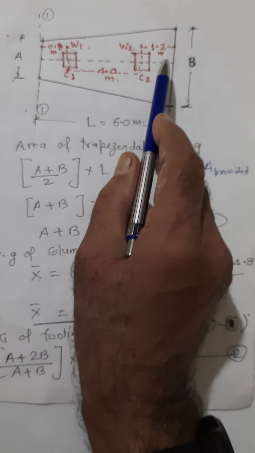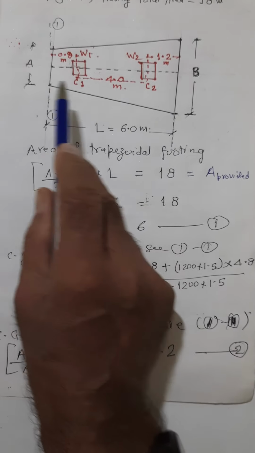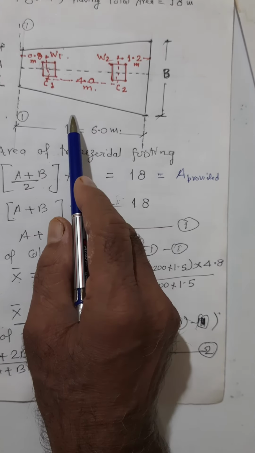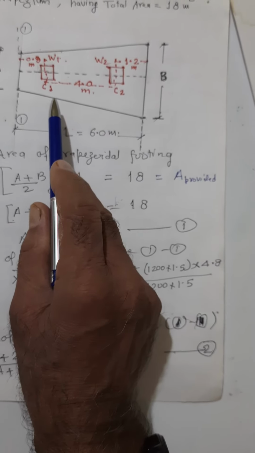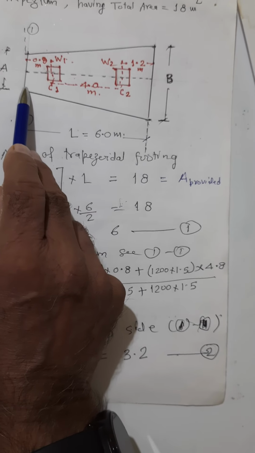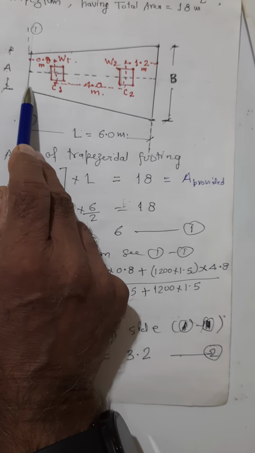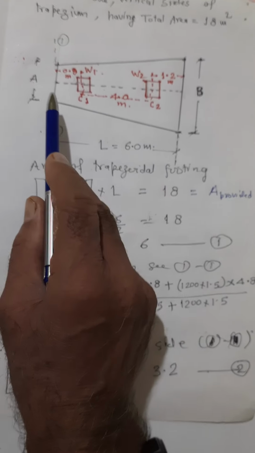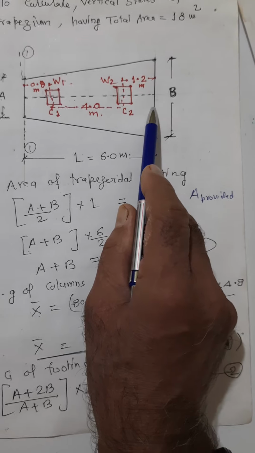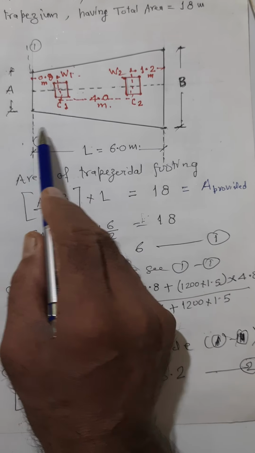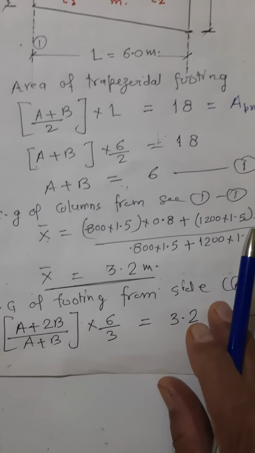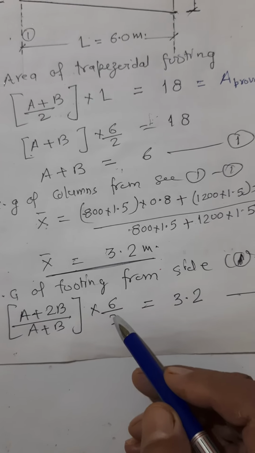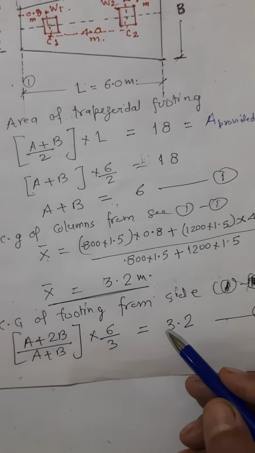3.2 from here. Now we have to see that the CG of this section should coincide with 3.2 from here. So calculate the CG right from here. That is how we can find out the center of gravity of the trapezium section when A and B and L are given. A simple formula: (A plus 2B) upon (A plus B) into L by 3. Using this mathematical expression,